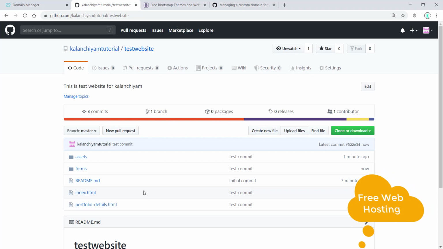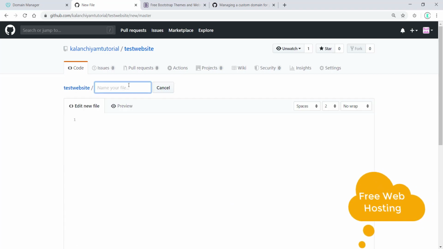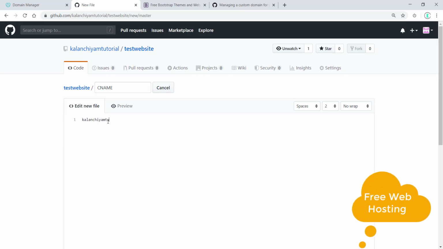It is processed. And then we have to add one more file, which is CNAME. Just click on create file. Create the file with the name CNAME. And then inside you have to provide your domain name, which is kalanjiumtutorials.com.